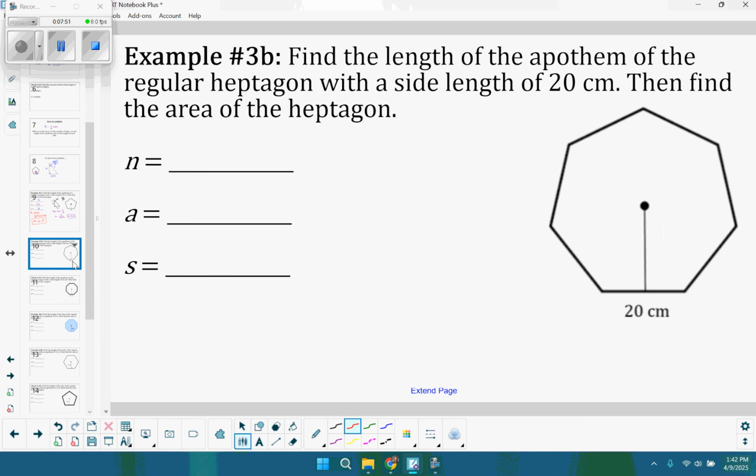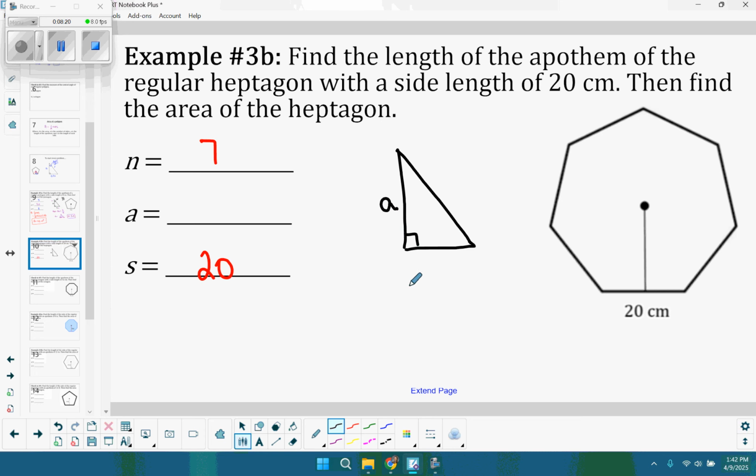All right, another one of those together. So example 3B, find the length of the apothem of the regular heptagon with a side length of 20 centimeters, then find the area of the heptagon. So N for a heptagon is 7, and if we weren't sure, we could count the number of sides. A is blank because it says find the length of the apothem, and it says side length of 20 centimeters, so S is 20. When we make our right triangle,